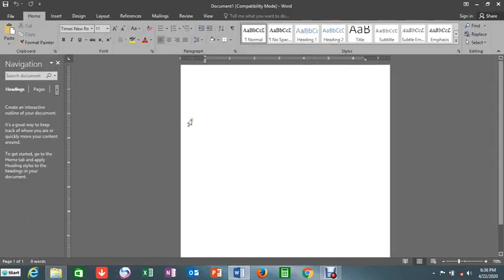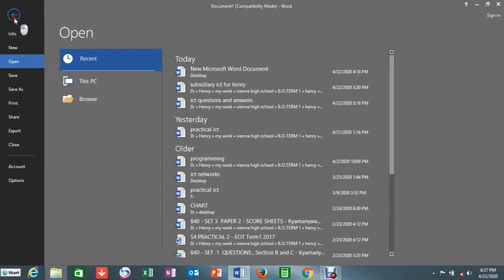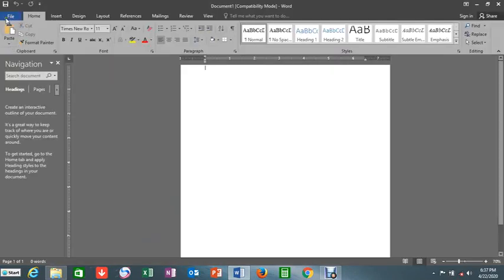So by default, when it opens, it looks in this format specifically. So we have the tabs here, we have the file. So now we are going to compare. Microsoft Word 2016 has a file, whereas 2007 has what we call the Office button. They are the same. It does the same thing. So specifically, it's where we find the save and save as. That is specifically the file here. But in 2007, it shows the Office button, which is in the form of a circle. So here it is in the form of a box, so it is called a file.